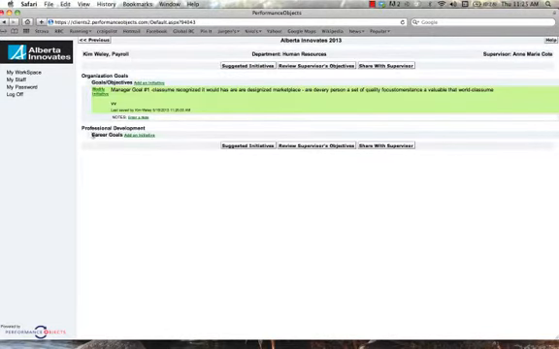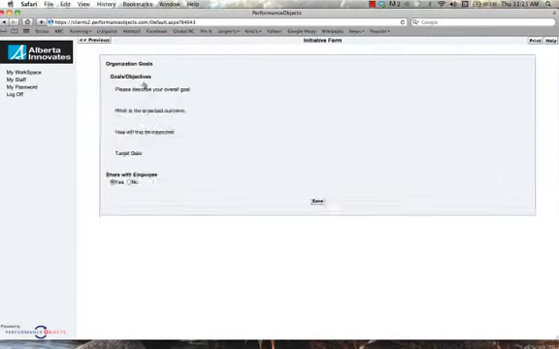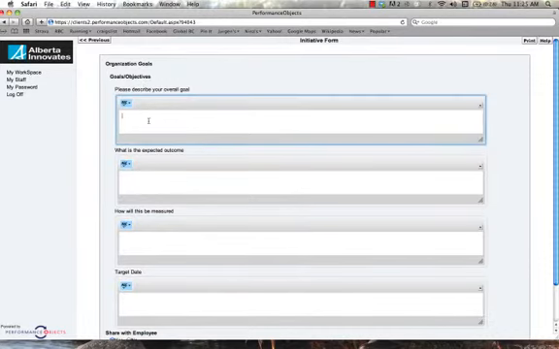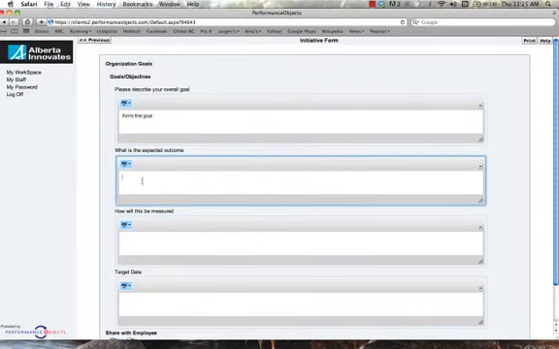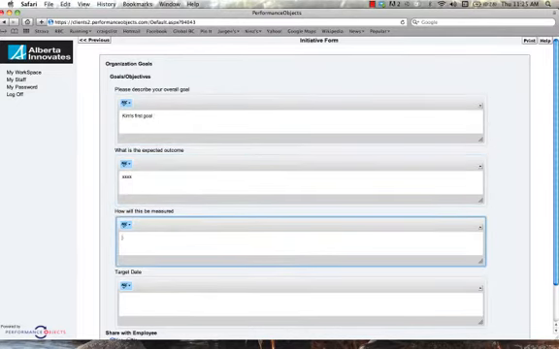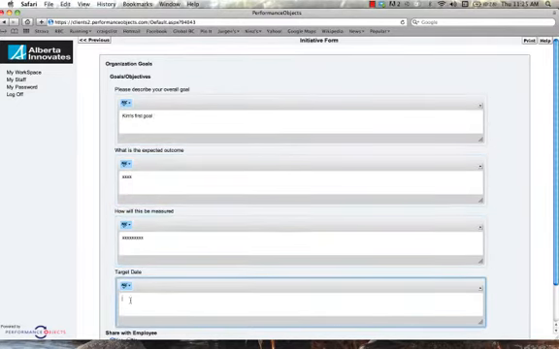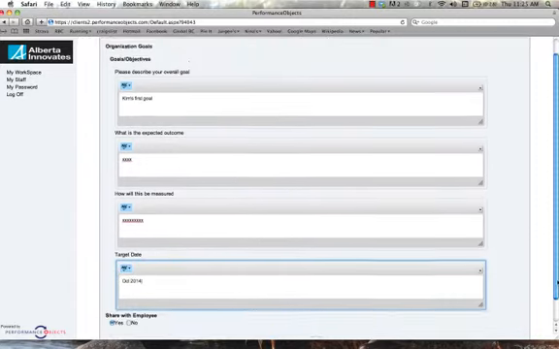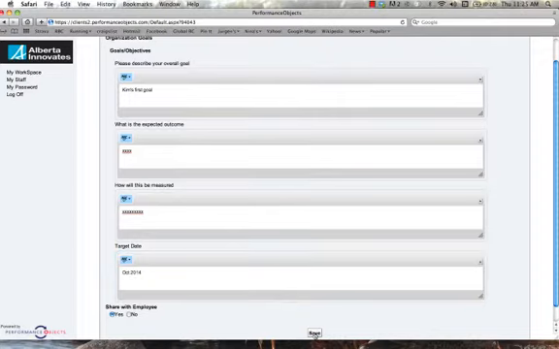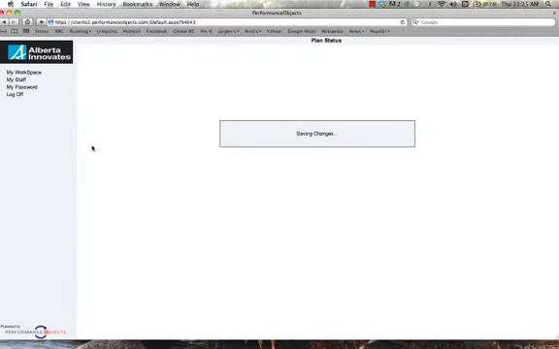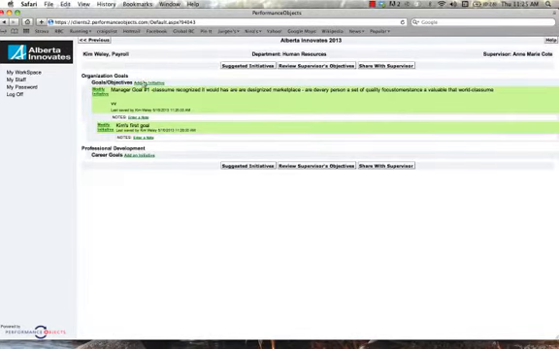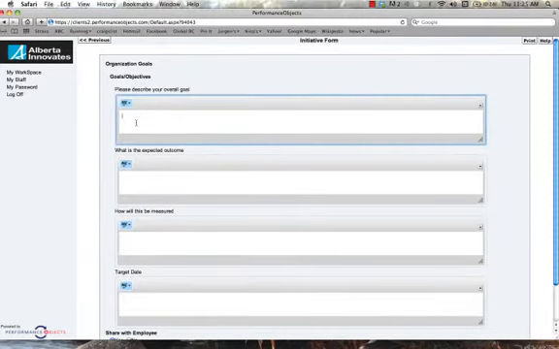Kim may want to add one or two of her own objectives to her plan. So she's going to click the Add an Initiative link, and she's going to enter some content. Again, for today's purposes, I'll just put X's, but she's going to outline some goals that she has for this year. When she's completed each goal, she simply hits save, and we start to see the goals populate one under another. She can add a third final goal,